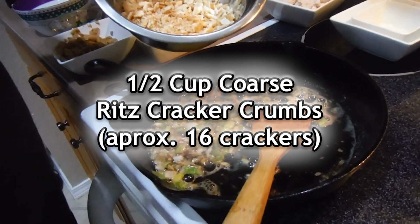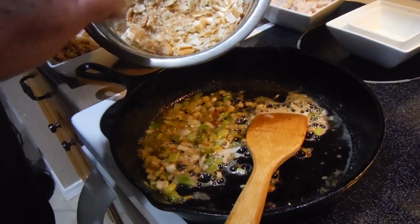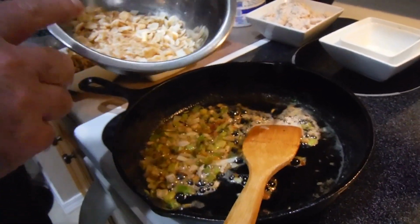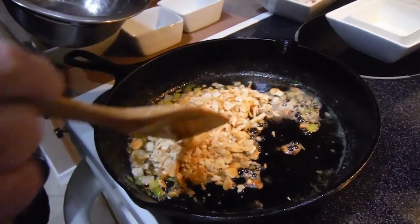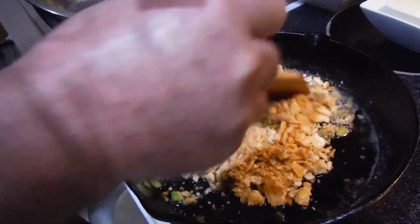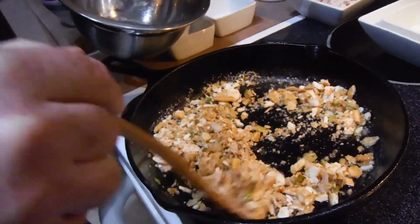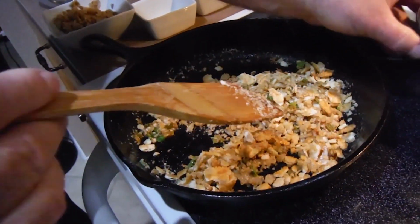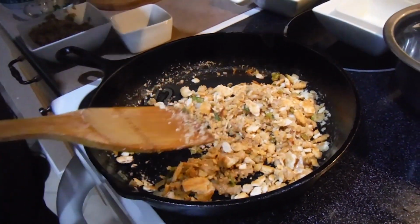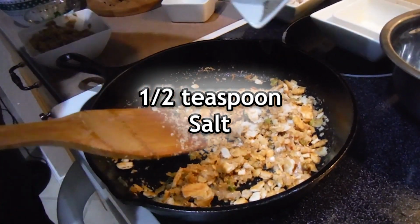14 saltine crackers, crushed up. These happen to be Ritz crackers, or any other cracker that you want. And it should be right around, I think it's a half cup. We're going to mix that up with our onions, a little salt, a little pepper,